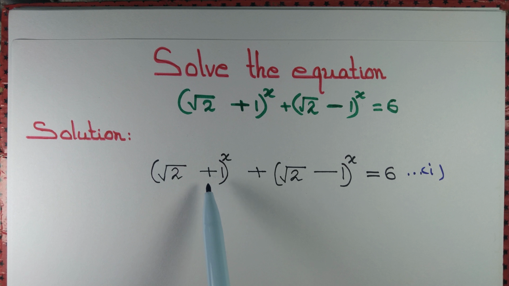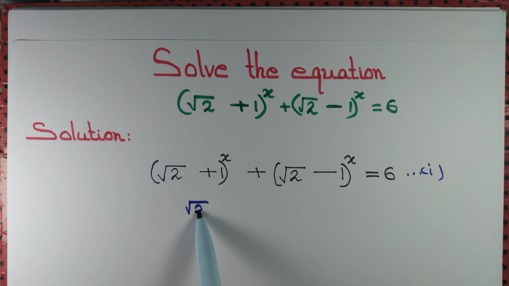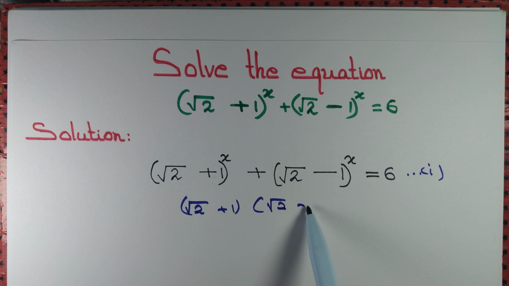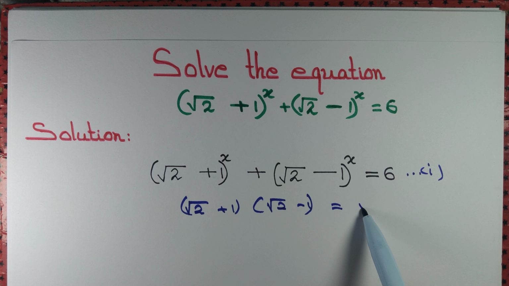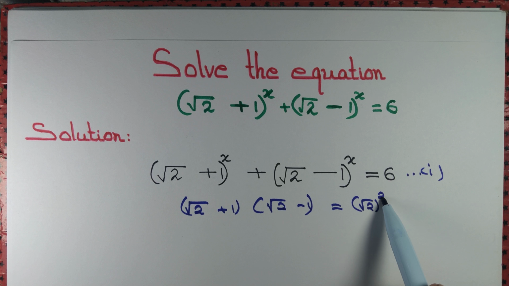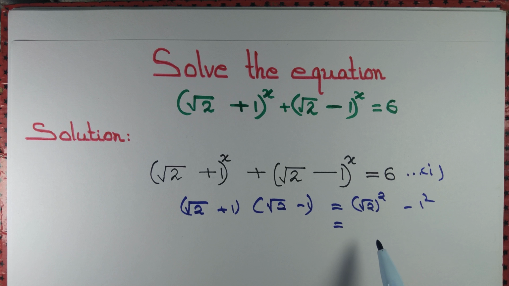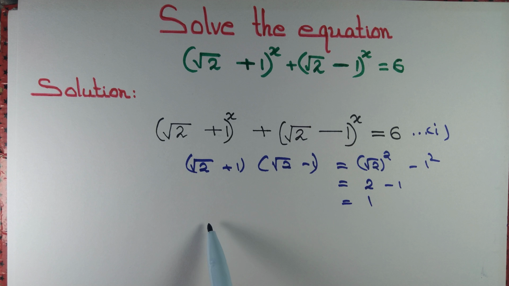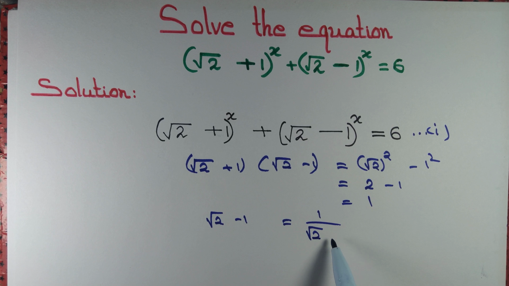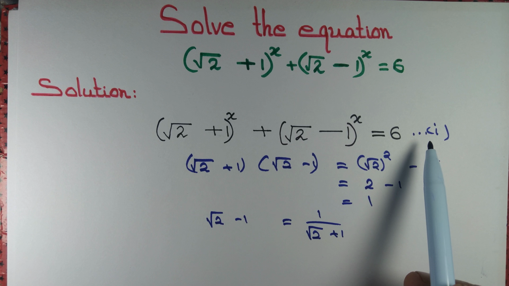Observe that we have got different bases, however these bases are related by the fact that root 2 plus 1 into root 2 minus 1, that's an expression of the type a plus b into a minus b, so that's equal to a square minus b square. And root 2 square is just 2 and 1 square is 1 and 2 minus 1 is 1. So we can write root 2 minus 1 is 1 by root 2 plus 1. So we can write equation 1 as,